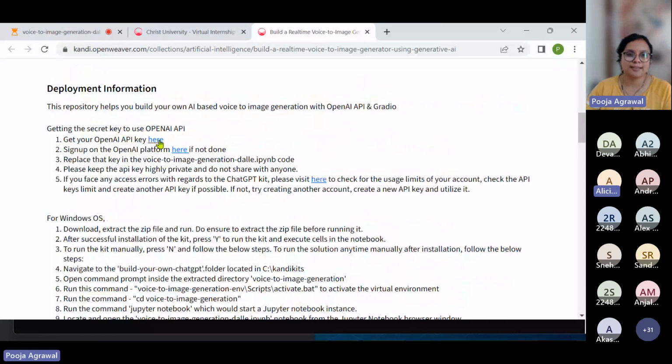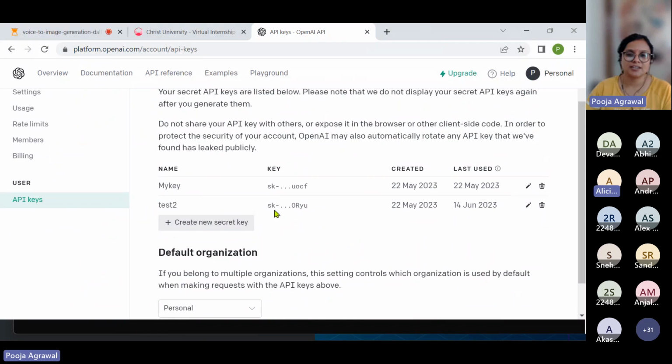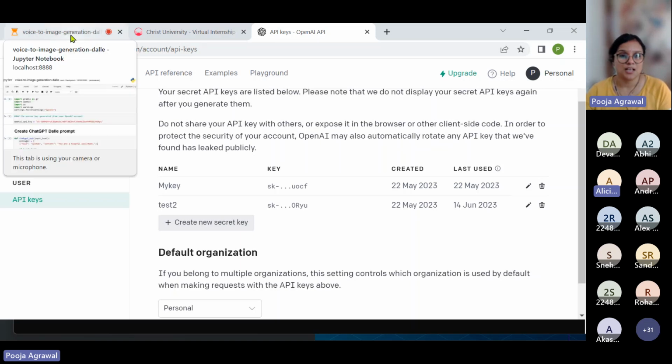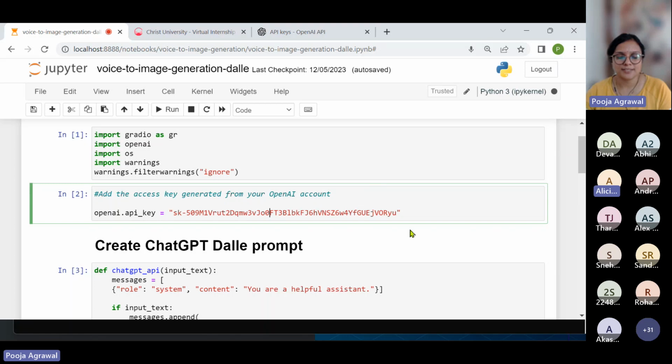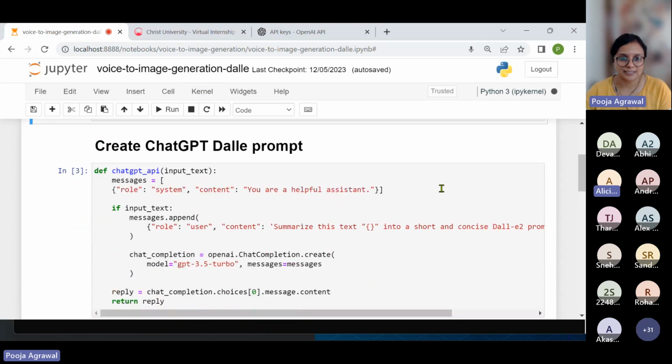You get onto the kit page, you click here, and you see that there is a key that is already generated by me. Similarly, you can create one of your own and keep it securely for yourself, so that it is just you who is using it, free of cost, until that's available. And then once you have pasted the key, just restart and run all so that your kernel is active.